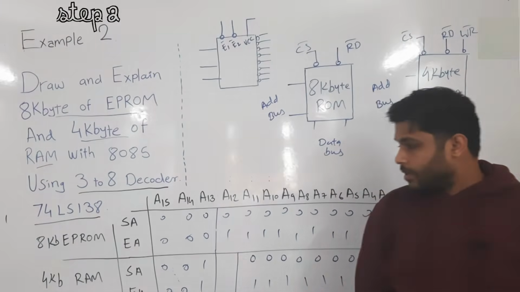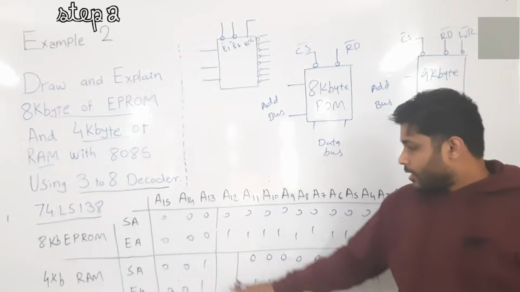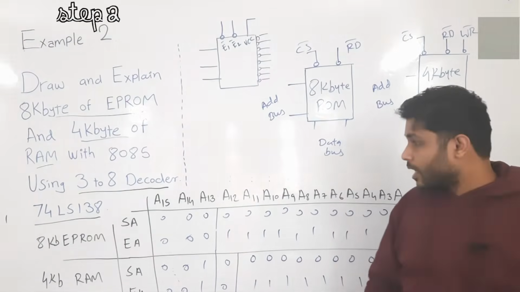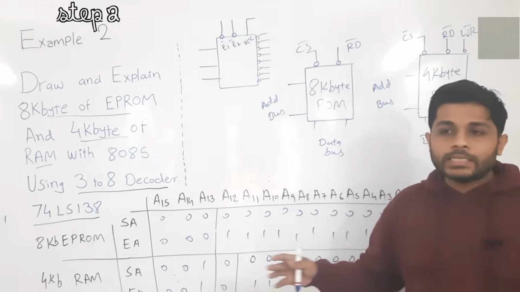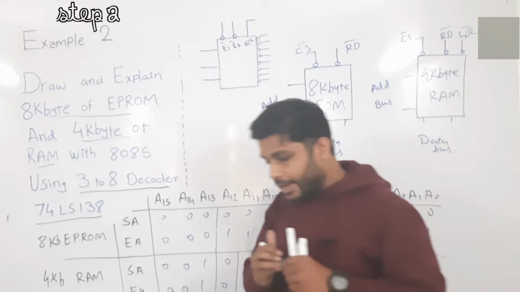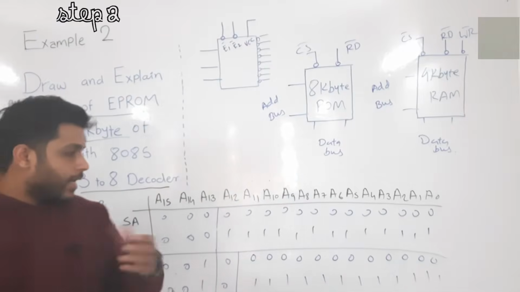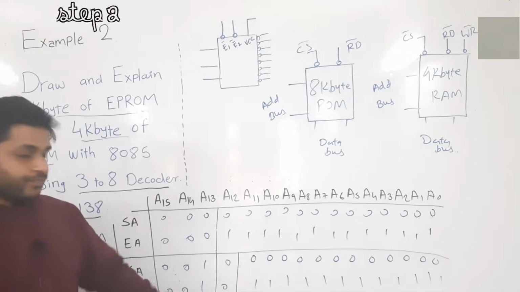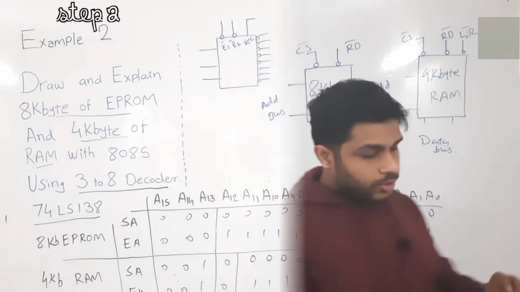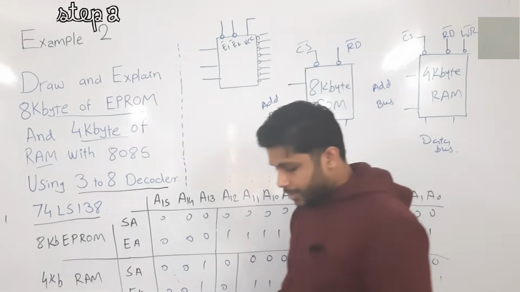Now after this thing is done, let's put this two value to 0. Now the value of the 812 is not connected to the 4KB RAM, so we can put any value we want. So the memory map is done. So now the second step is completed.